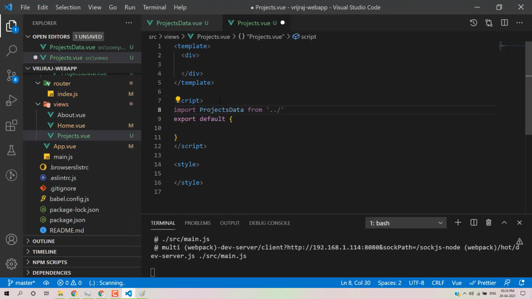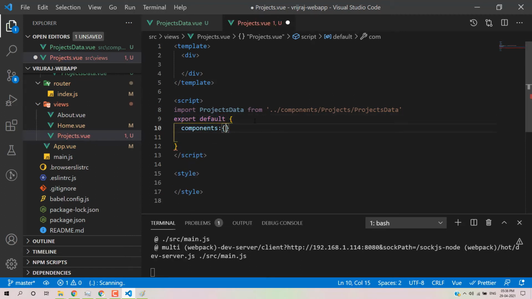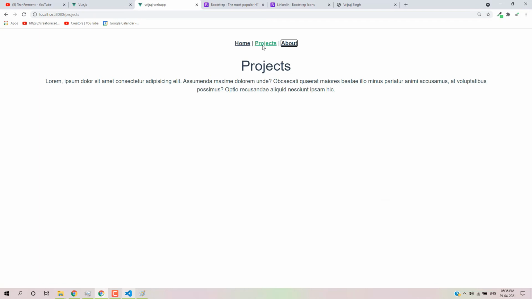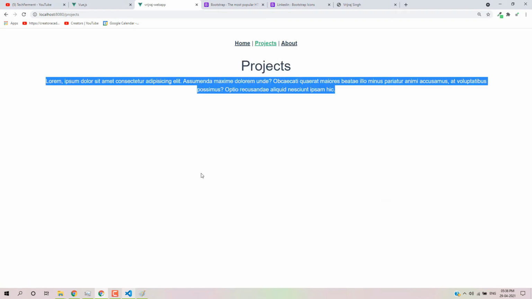So we'll write the dot symbol, then components, then we have projects, then we have project data. So now we need to register the component. So we have export default. Inside we have a key-value pair, components, and we can do that. Here we need to create a component, and that's it. So it's working. Okay, so now we have a project section, and then we are able to see the things.